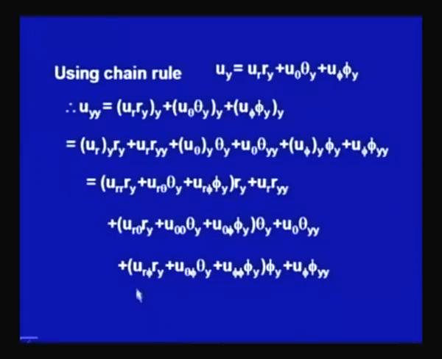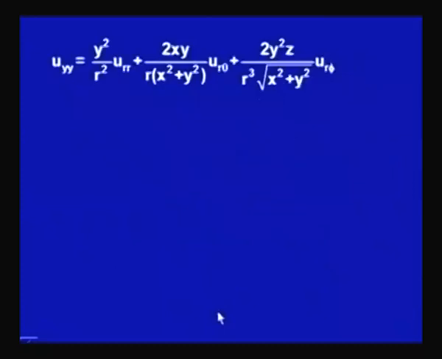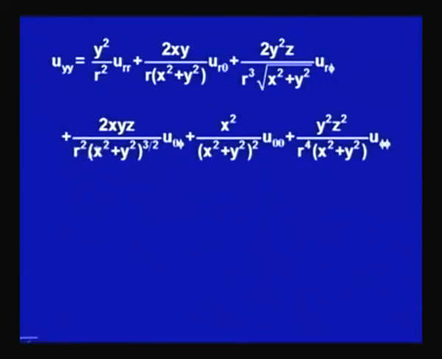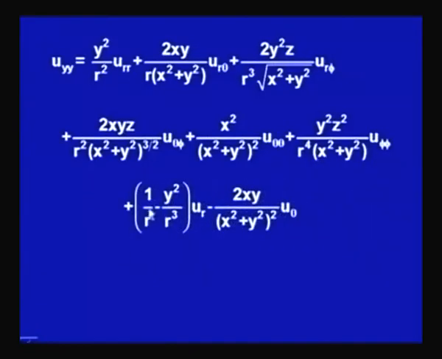So, now substituting all these, knowing all this, because we had already calculated r x, r y, r y y, theta y and so on, we do get it finally as y square upon r square u r r plus 2 x y upon r times x square plus y square u r theta plus 2 y square z upon r cube times square root of x square plus y square u r phi plus 2 x y z upon r square times x square plus y square to the power 3 by 2 u theta phi plus x square upon x square plus y square whole square u theta plus y square z square upon r to the power 4 times x square plus y square into u phi, and then the terms u r, u theta and u